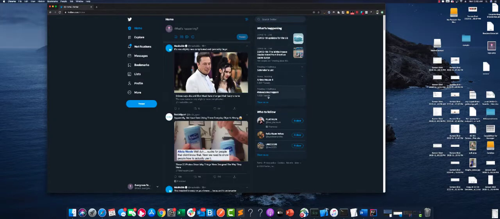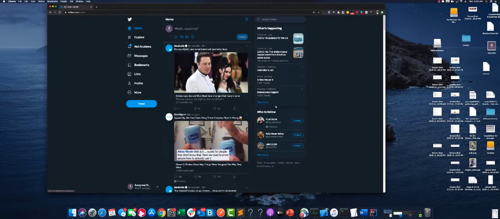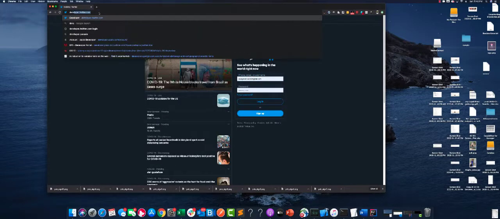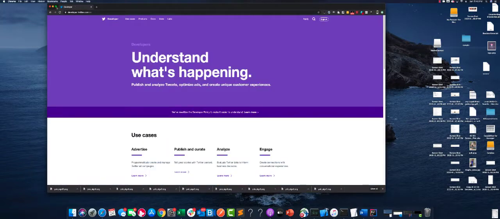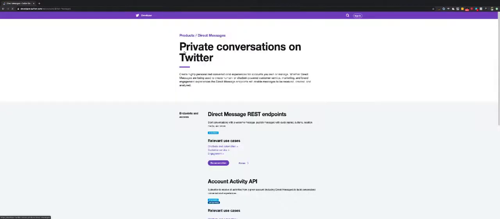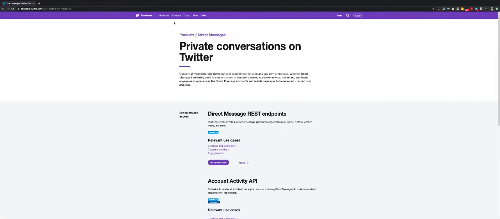If you want to access all these tweets programmatically, you need to sign up for the developer platform, which looks something like this. You have to go to the developer site. Okay, so this is the Twitter development account you need to create. You need to sign up for the account and submit your email and so on. Then you can sign in.